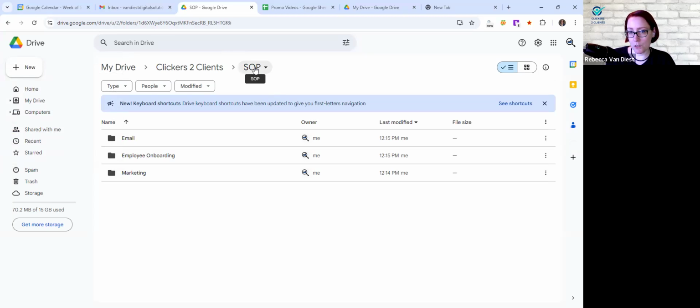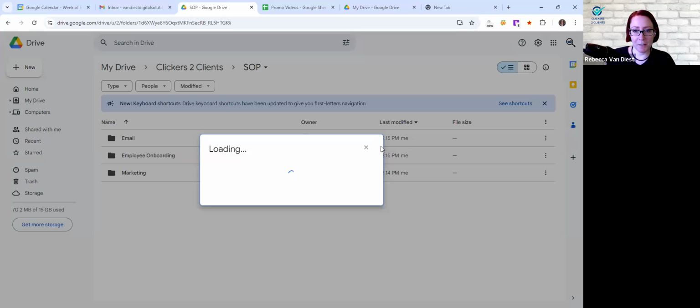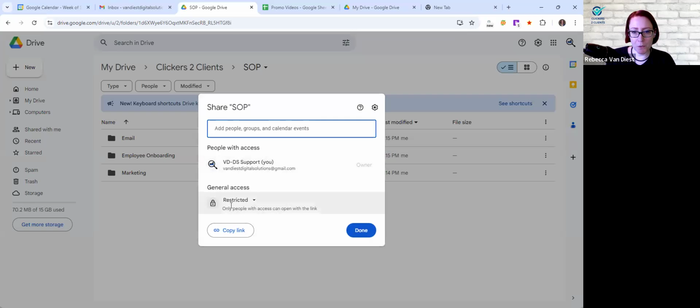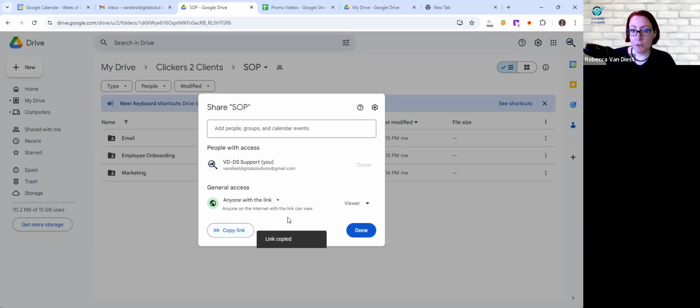So something else you can do, so you want to make sure you're sharing this with them, is you want to right click and then you're going to share and you're going to go ahead and click on that. And then what I would do, so right now it's only accessible to you. So I would change this to anyone with the link could view, unless it's like an executive assistant. Maybe you want them to create these and edit them for you. You're going to add them to it, but most people you just want them to be able to view. So you would copy that link and then share that in your